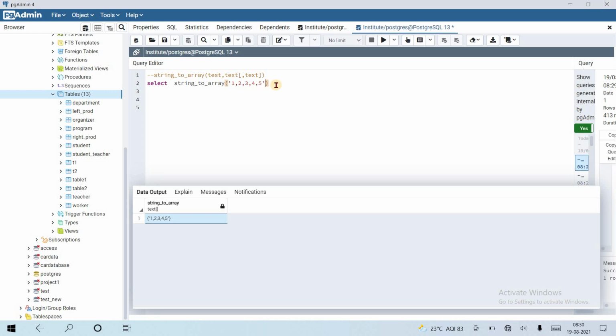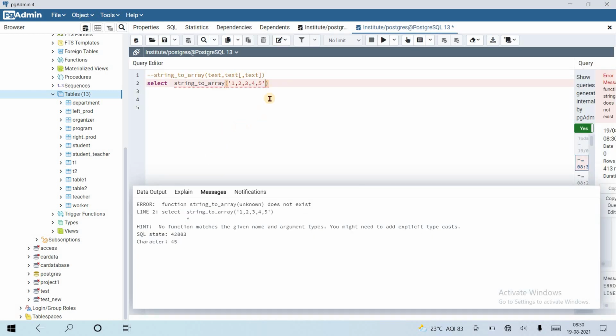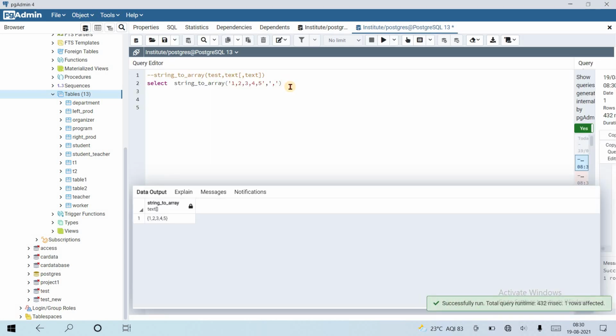If I do not pass this second parameter, it will give me an error because it can't understand the function. So string to array must have this second parameter passed. What if I add text values too? We know that an array holds.